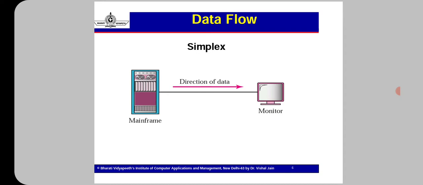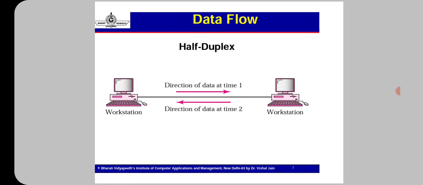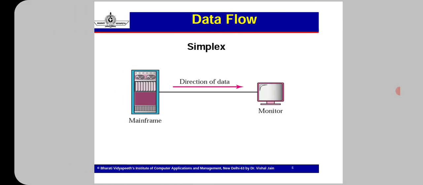So data flows. Generally data communication or data flows are of three types. First one is simplex, second one is half duplex, and third one is full duplex. So data communication generally takes place in three ways. The question is, what are the data communication modes, or methods or types? The first one is simplex mode, second one is half duplex mode, third one is full duplex mode.